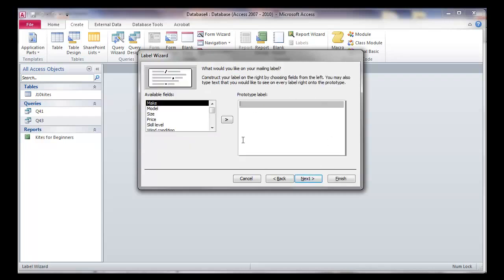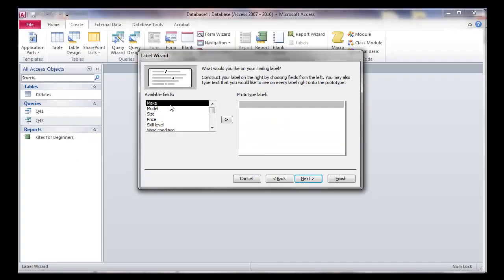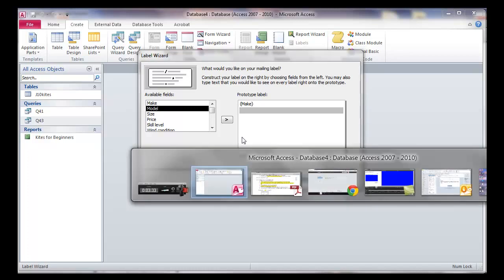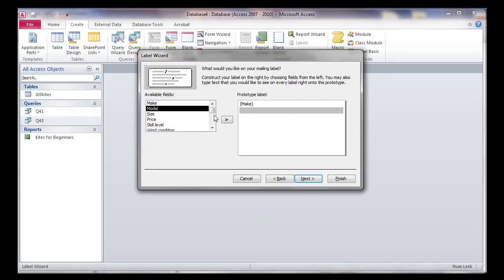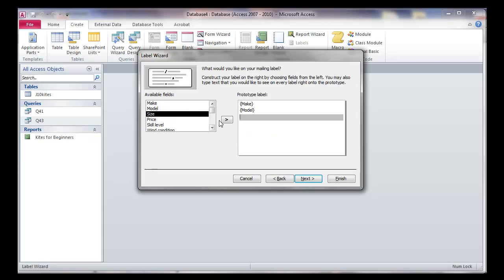And now this is the bit where we're going to do make on a separate line to the rest. So make goes first, and you click enter on your keyboard to go to the next line. A label is what you find on a letter, and it's used for mailing people. So we do model, enter. If you don't press enter, what will happen is size, price and wind will all appear in one line. That's not the way it should look. So if you enter